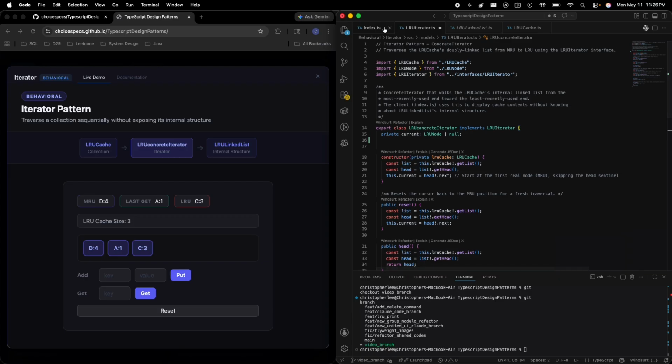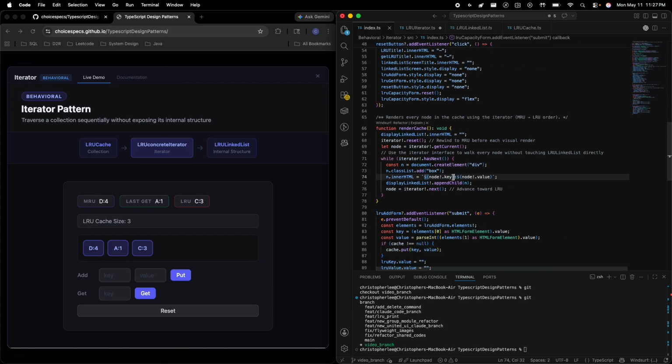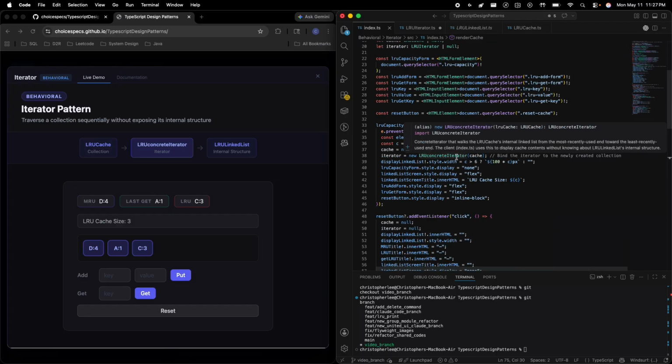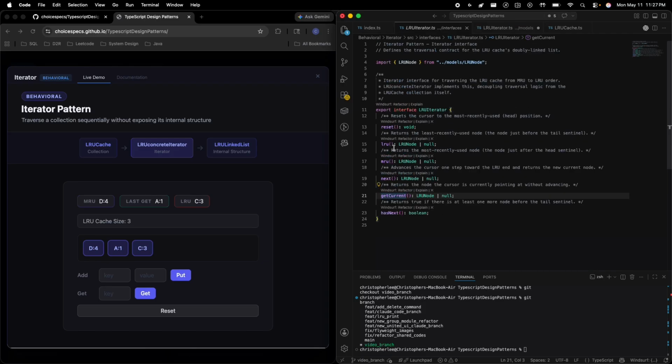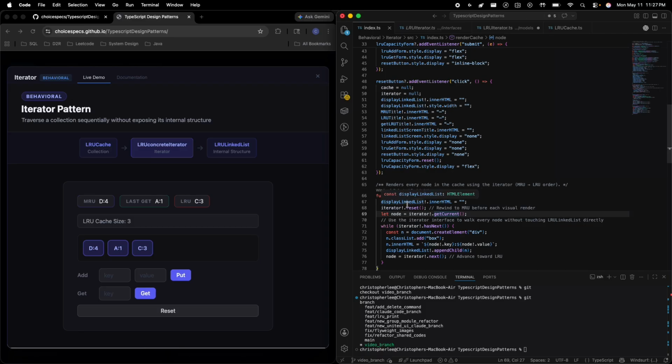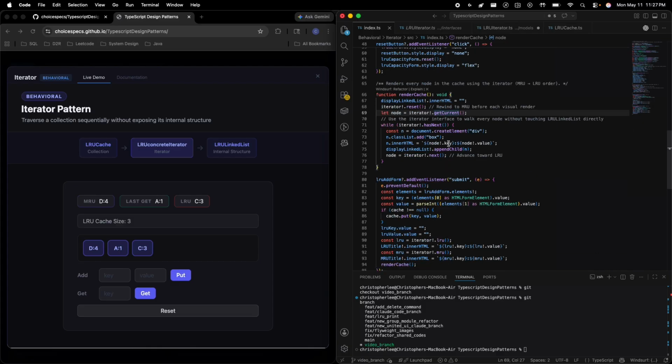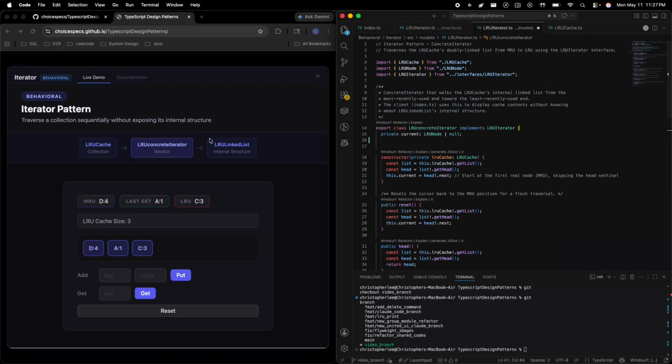A lot of these methods that go through the iterator, we are just using the iterator to interact with it. Like the iterator has next, we're able to get the current node, and we're able to reset to the most recently used position. From that, we're able to keep our place as we go down the rows through our cache, through interacting with this. If we had made any adjustments to the underlying internal structure, like the linked list,